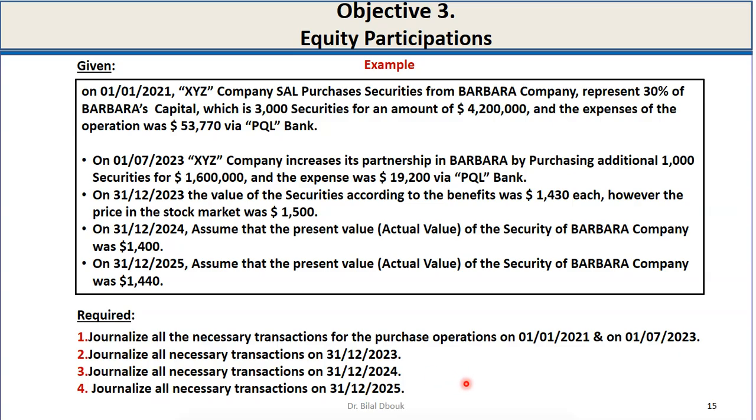Let's see this practical real life example. On 1/1/2021, XYZ company purchased securities from another company called Barbara Company, representing 30% of Barbara's capital, which is 3,000 securities, for an amount of $4,200,000. The expenses of the operation were $53,770 paid via bank. On 1/7/2023, the company XYZ increased its partnership in Barbara by purchasing an additional 1,000 securities for $1,600,000, and the expense was